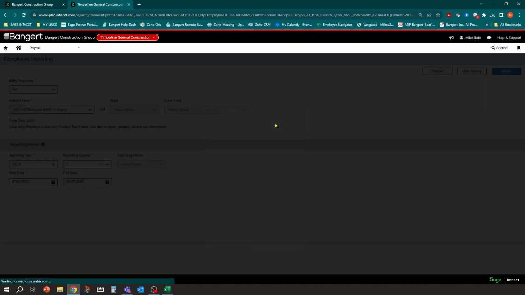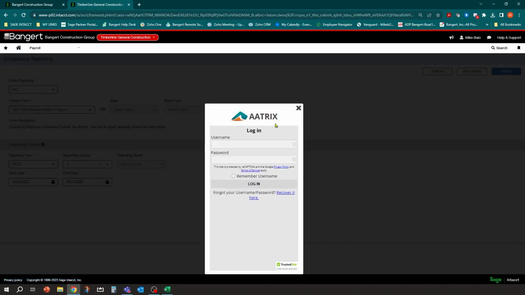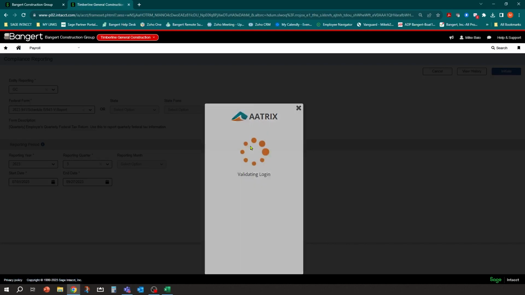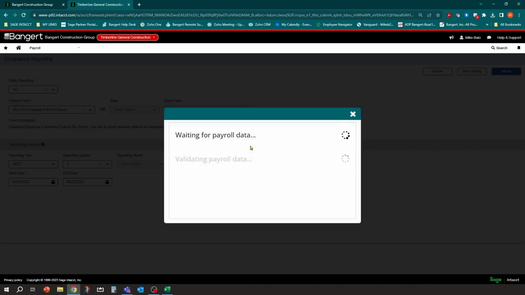When I do that, it's going to ask me to log into Atrix. So this is where if you haven't set up an account yet, you want to make sure you do that through the Atrix site. But I'm going to go ahead and put in a username that I already have set up, and hopefully remember my password. And it's going to go ahead and log in. It will ask you to update some data, and it'll check your data verifications if you don't have that set up. So one thing I did forget to mention to you is where to go ahead and update that data in the payroll module, and I'll show you that after this.